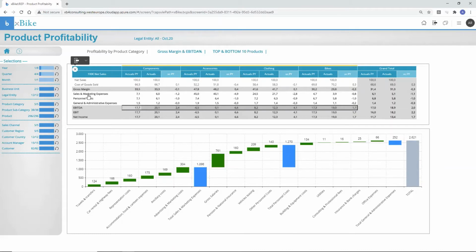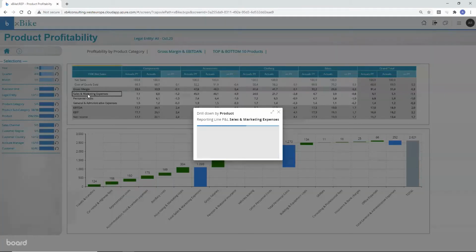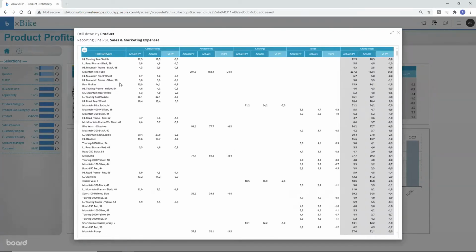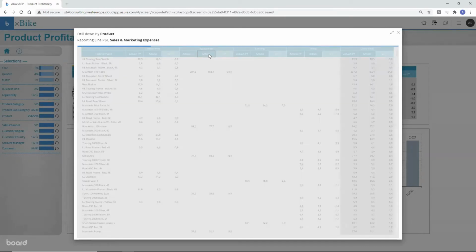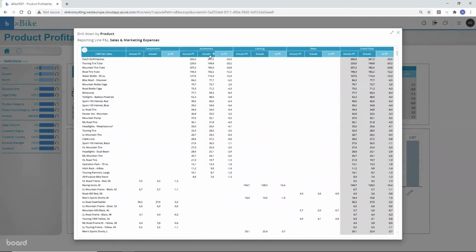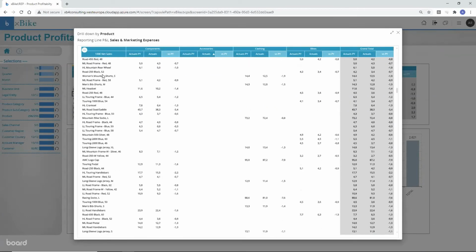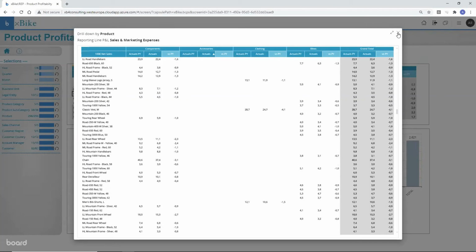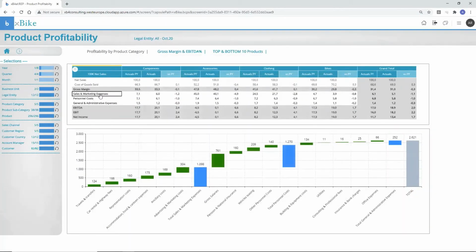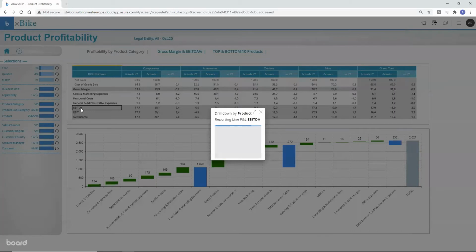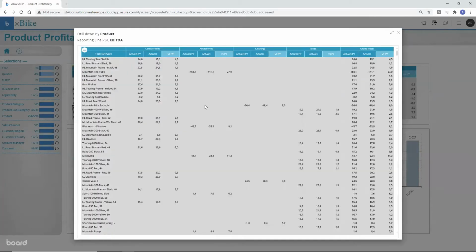What I can do is even do a drill down here by product to identify the individual products, so if I sort here, I can see that I'm spending a lot of money on these products, and I can have all the details by product like this. I can drill down on each line, also on the EBITDA, to make my detailed analysis by product and